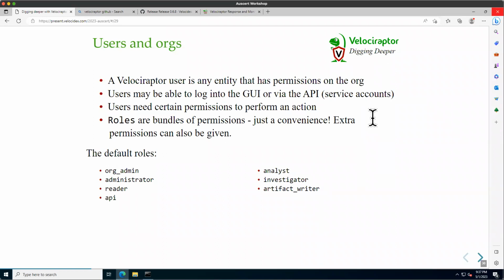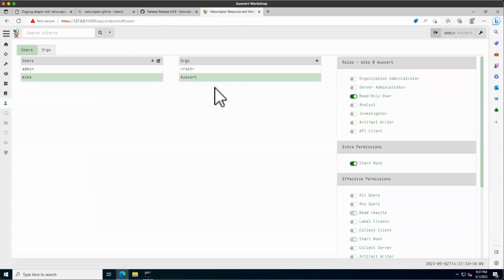So when we have SSO, the SSO provider tells us that this user authenticated. So they take care of the authentication thing. But what I'm showing you now is the authorization piece. So just because you authenticated to Google, you have your Gmail address, right? That doesn't mean that you have any rights on any orgs at all, right? It doesn't mean that. You can log in, and then as soon as you log in, Velociraptor is going to go, you don't have any right in this org, and log you out, right? So that is a separate concept from